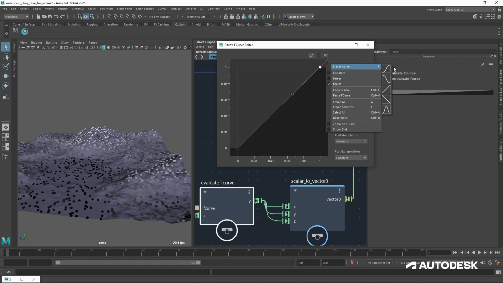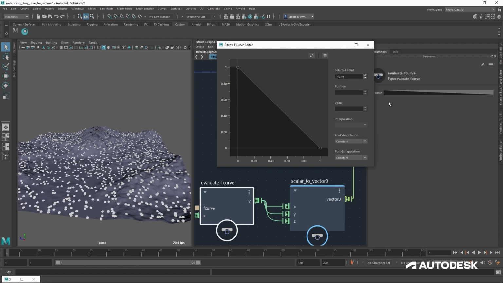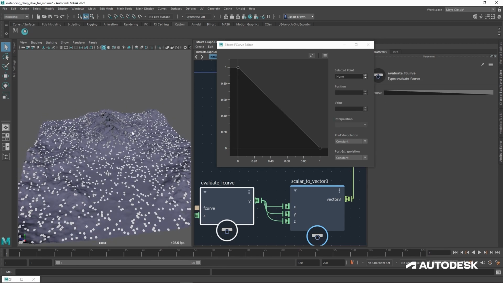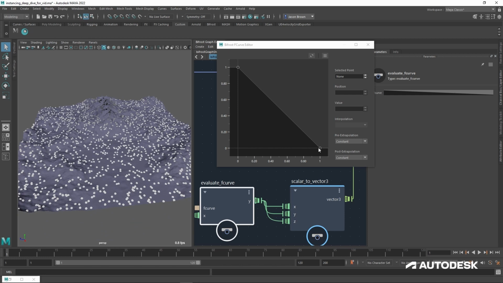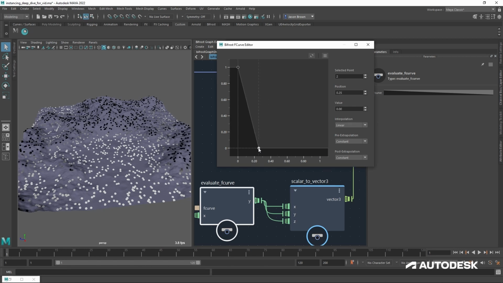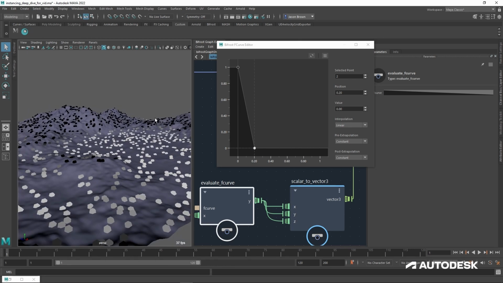Showing you real quickly how the curve works, if I reverse this curve, then you have the opposite. The highest one is black because it's coming in at 1 and going out at 0. And the lowest ones on the terrain are white because they're coming in at 0 and going out at 1. Which means if I start pulling this back, I'm essentially making a height threshold by colour. And the colours are really just there so I can demonstrate this.